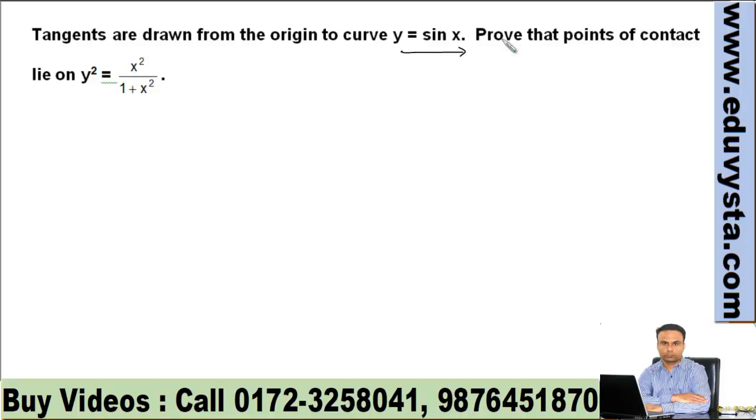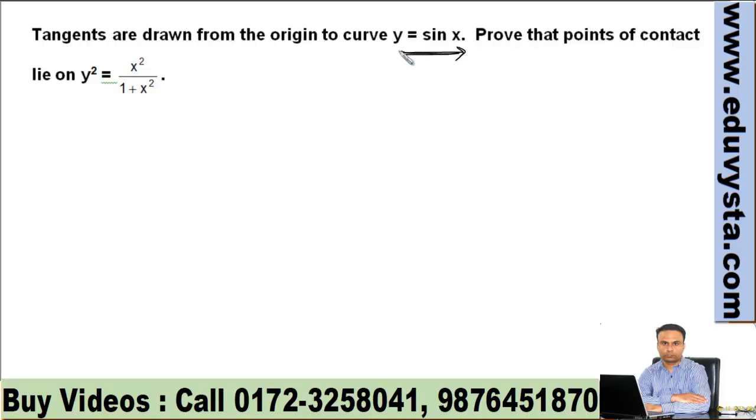In fact, कर्व चाहे कोई भी हो, लोकस निकालने का जो मेथड है वो तो एक कॉमन होता है. जैसे जिस पॉइंट का लोकस निकालना है हम उसे क्या अज्यूम करते हैं, h comma k. The point for which we want to find locus, we consider that point as h comma k, and from the condition given in the question we find a relation for h and k, and this relation is the locus. Here the curve involved is y is equal to sin x. We are drawing tangents to this curve from origin.